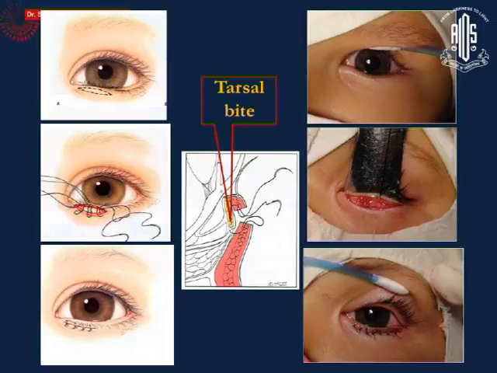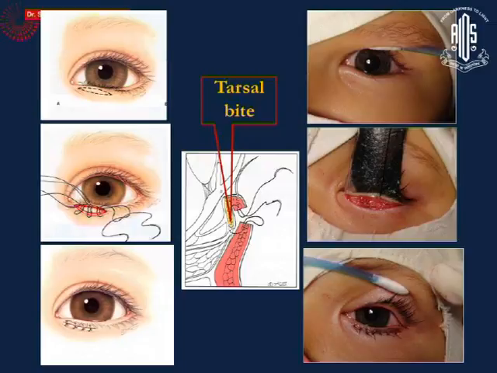Surgery is very simple if we have to correct it. It involves mainly excision of a strip of skin, a skin muscle spindle excision, as we call it, centered on the area where the inturned eyelashes are, and then suturing it back after excising the required amount of skin muscle spindle. Important here is that we tend not to overcorrect. We usually are on the side of undercorrection because we don't want to land up causing an ectropion, which can cause more problems.